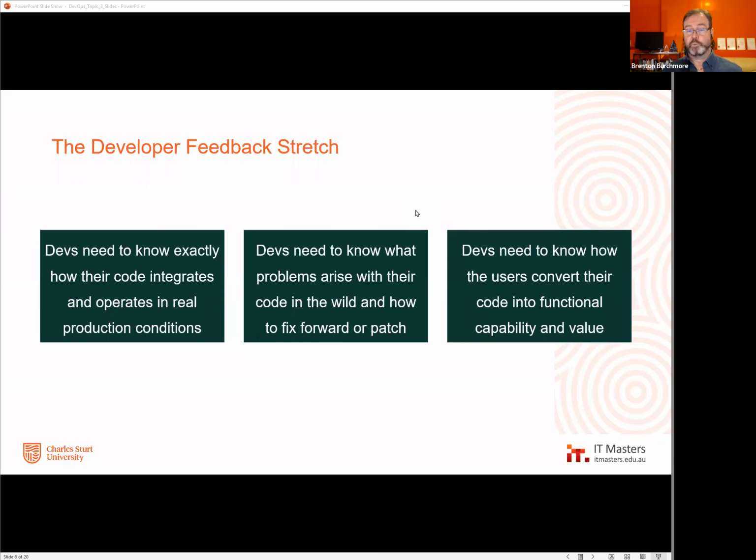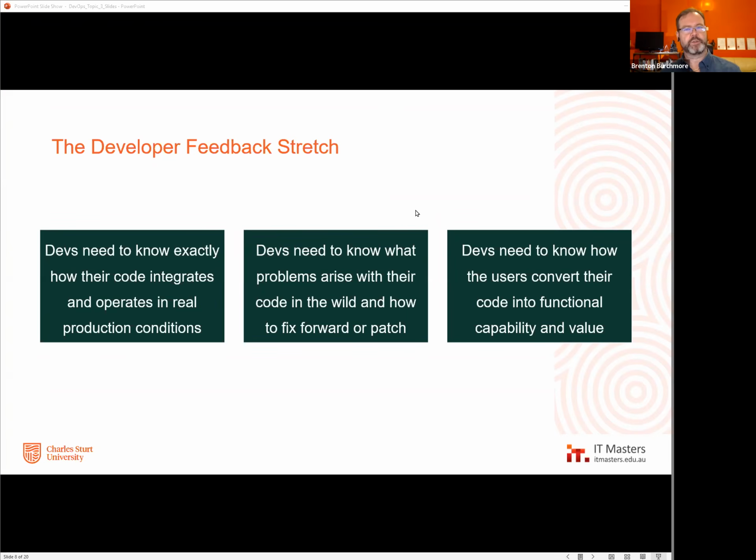And ultimately, which we'll talk about towards the end of our discussion tonight, devs need insight into usage behavior. How is value being created from the systems and the software that they're creating? I mean, we might have perfectly working software. It might be trouble-free, bug-free even.